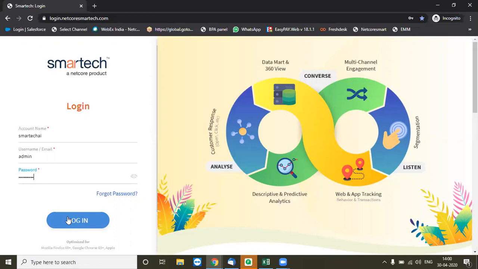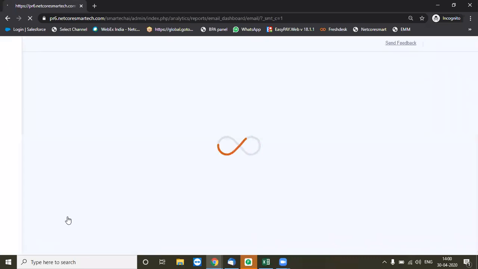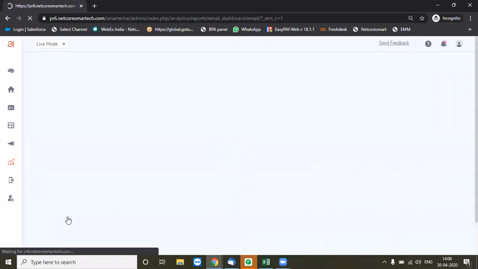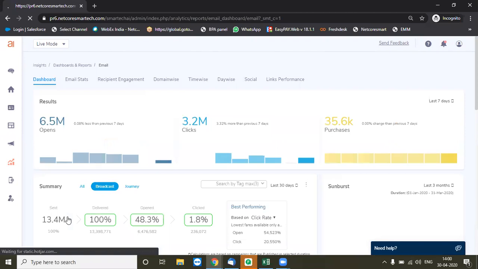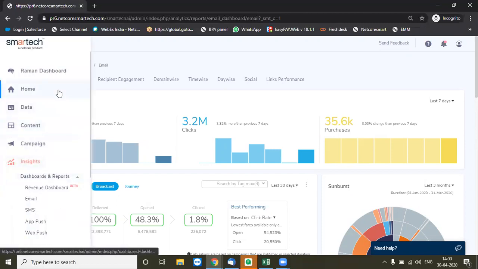Once I log into the platform, these credentials would be given to you once you onboard with the account, and depending on what kind of campaign you want to do in the system, you can choose the way you want to proceed. I would give a complete tool walkthrough, as per the menu system, which you can see on the left hand side over here.